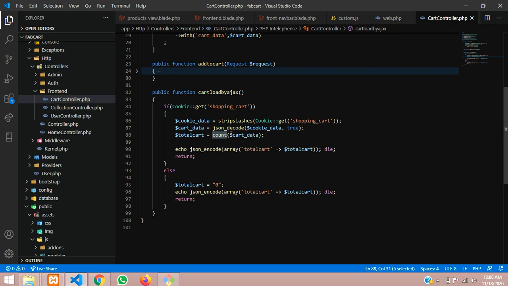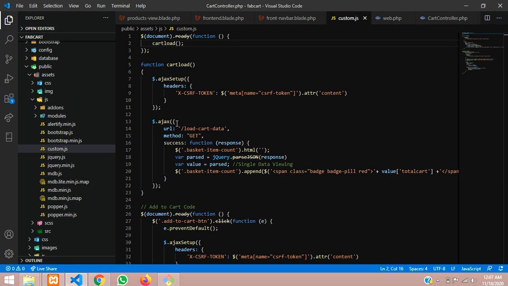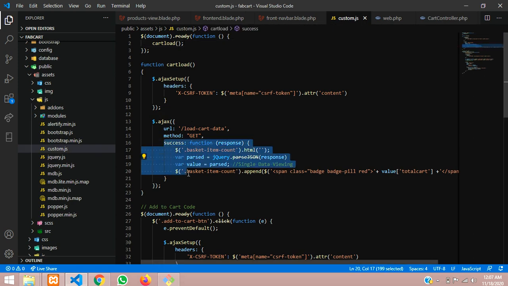After that we are using the count function to count how many records are inserted in it, and then storing it in a variable and sending that by encoding the data with the echo. Okay, and then returning it, you are getting back to your JS code with the success, and through the parse JSON function, we are breaking that and getting the output in array format and printing it into a class. So this is simple.